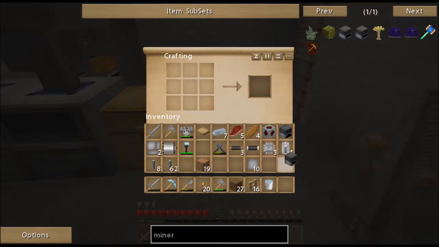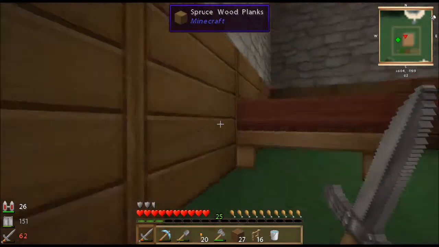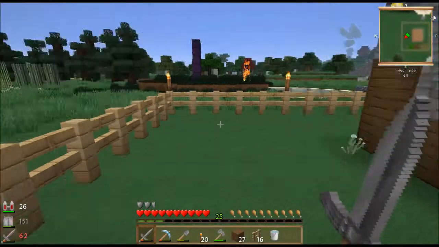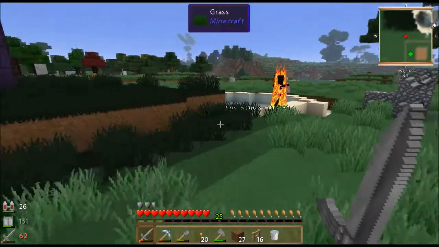Bam, miner. Now the miner runs off of EU, and so I did build a generator to go with it. See, right there's my generator. But the miner also requires internal components to run. So unlike the quarry, which doesn't require anything...